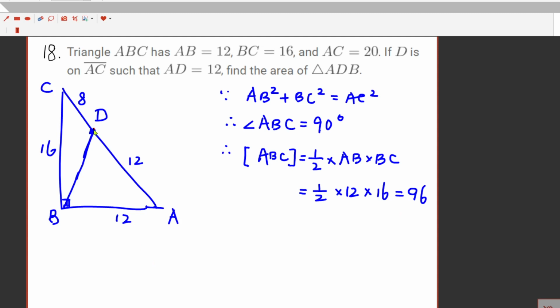Also note that this triangle ABD and the larger triangle ABC share the same height from this side, right? So suppose I draw a line BE perpendicular to AC. Then